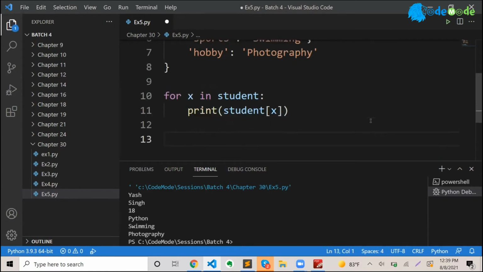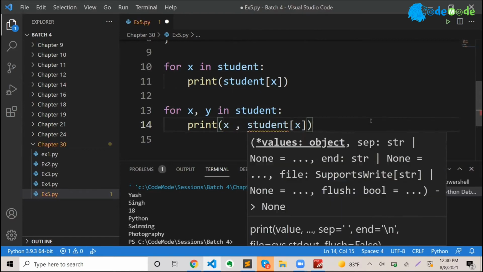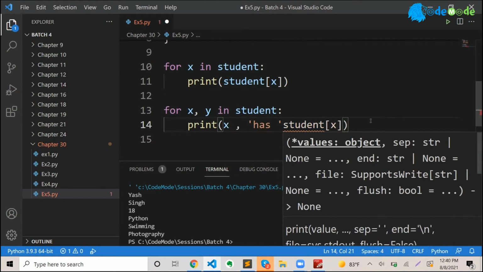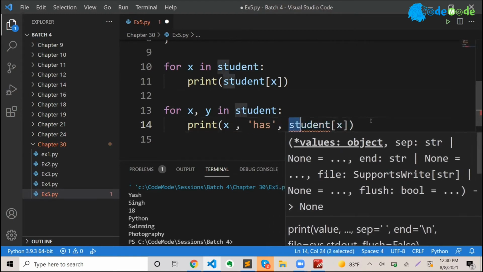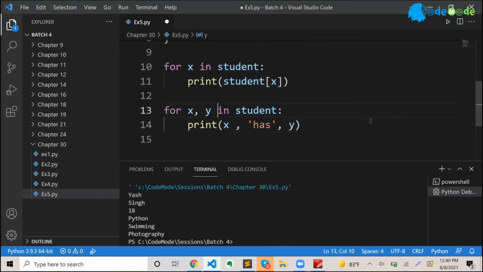The other way of accessing both. Suppose I want to print both x and y. You can do that also. Python provides you an option where you say comma x comma y. Now Python knows that you are interested in both, right? And I'll say x has y. Now I don't have to access like this. I'm saying for each key and value in the dictionary, print x has value y, and if you run it,